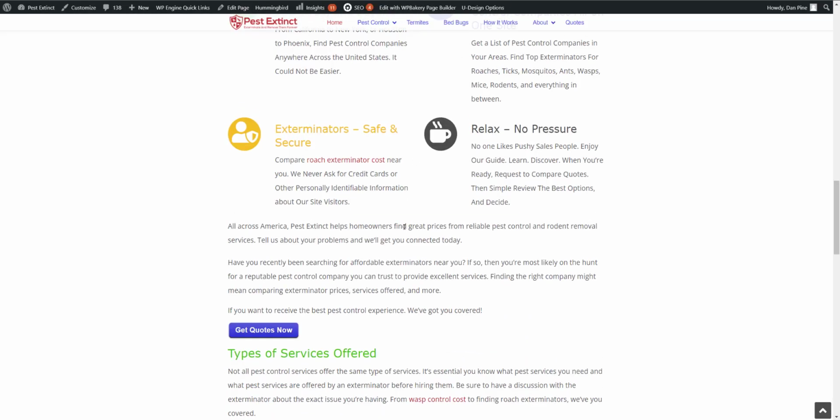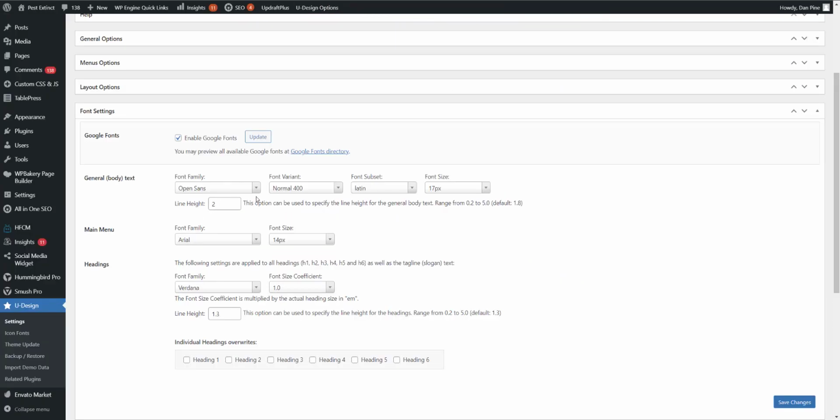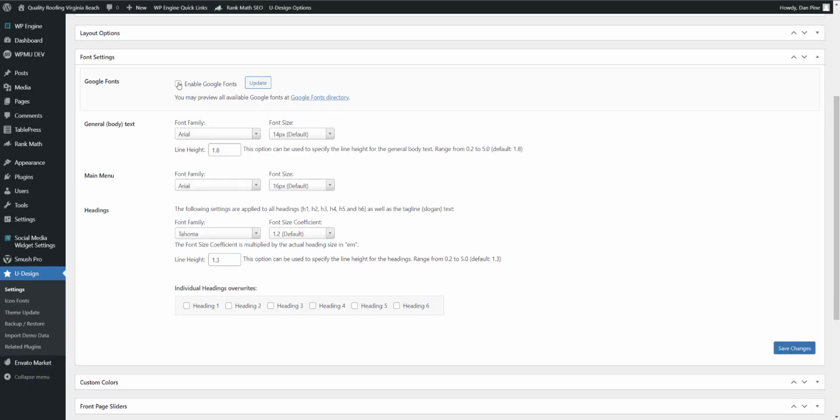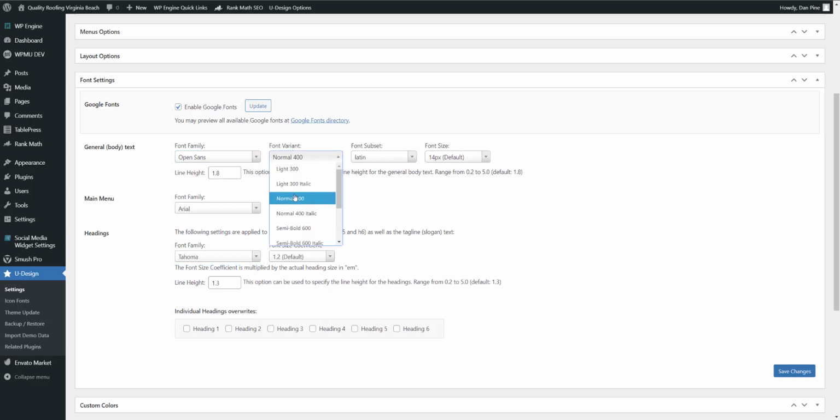I really like the look of Pest for this right now, so I'm going to go ahead and just basically copy this, but I'm going to make my font size a little bigger. I think that's a little small. So Open Sans, Arial, and Verdana is what I'm going to run with here. So let's go ahead and update that, enable my Google Fonts. Need to get down to the Open Sans here. Okay, Open Sans,